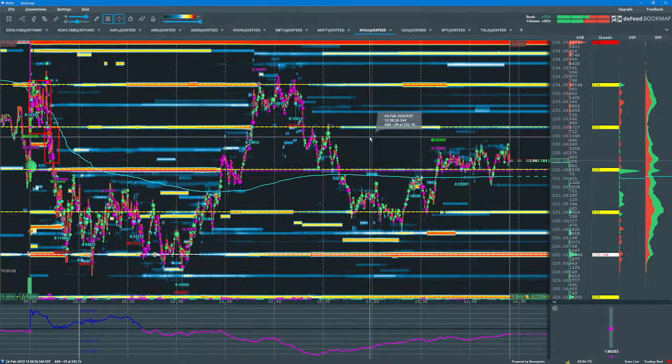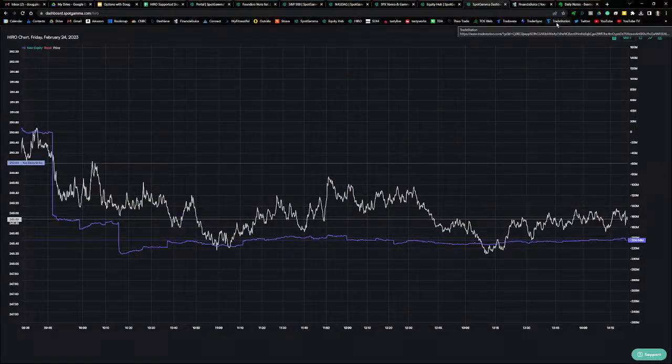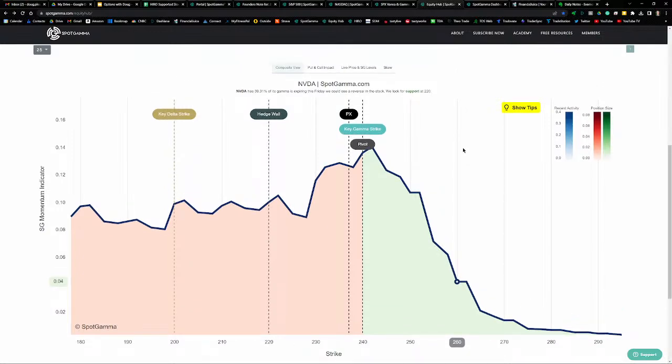All right, NVIDIA. As you recall, yesterday I talked about NVIDIA at length, a long setup, and why it stalled at the 238, 239 level. And today there was a pretty big shift in the gamma in NVIDIA. This is the composite view chart and equity hub for NVIDIA, and note the put gamma shown in the light red color here, call gamma above, and you recall yesterday it was all put gamma. So this is showing call gamma above,